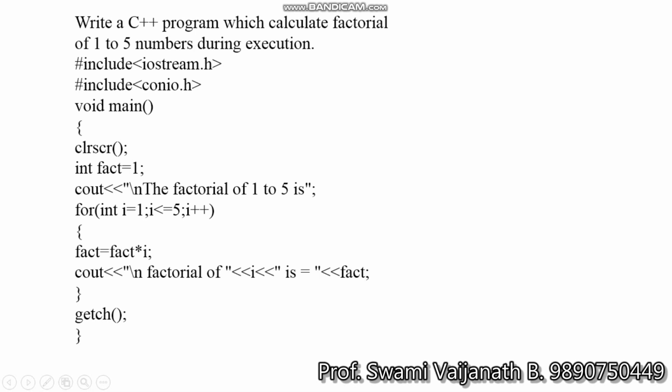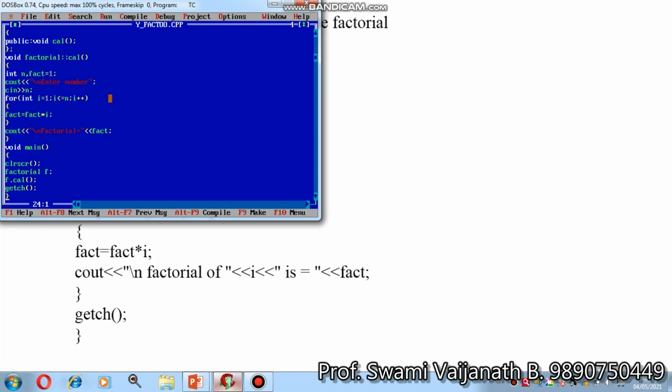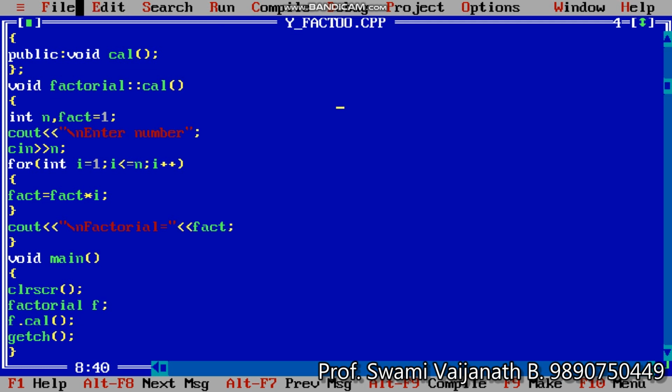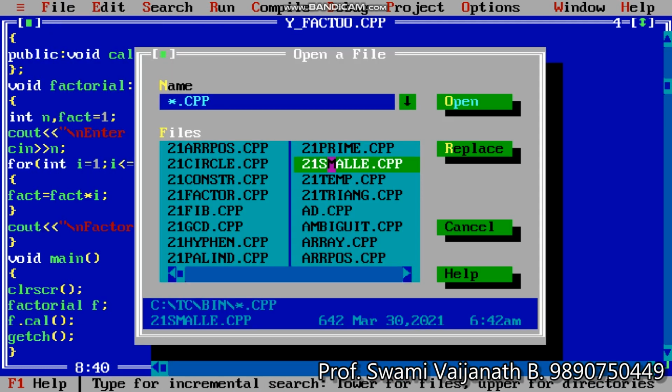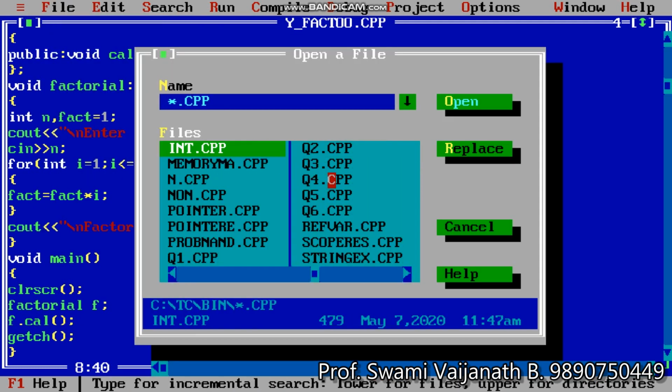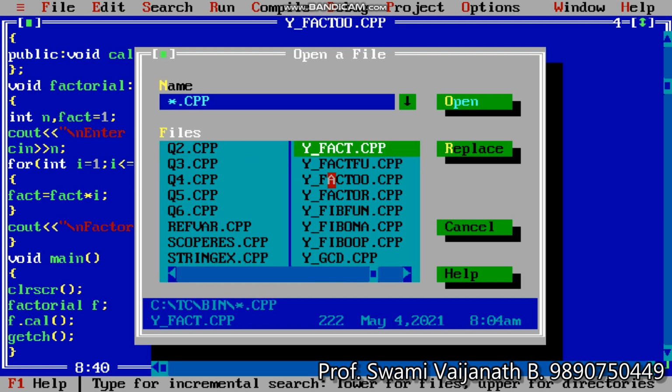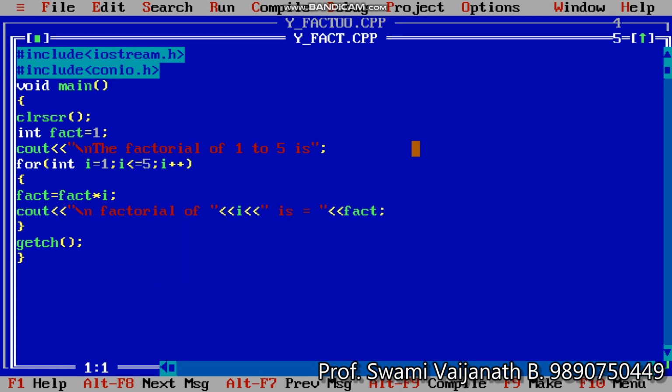How it works, see practically. See here, I compile this program and run this program.